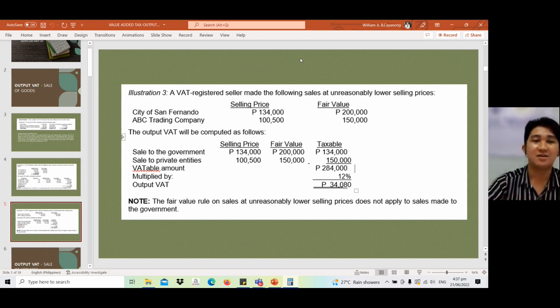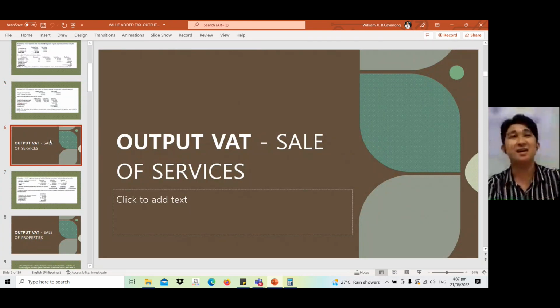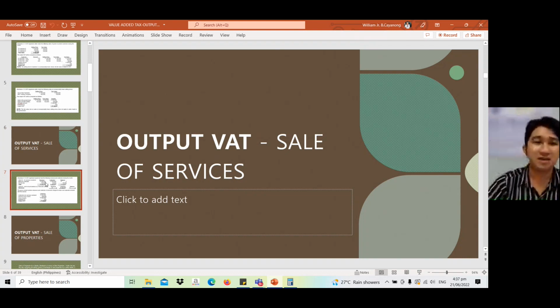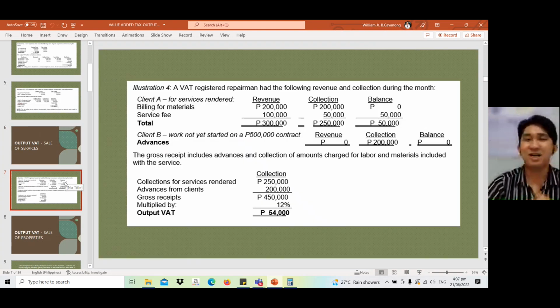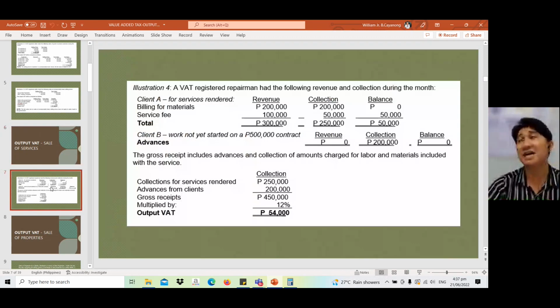So let's proceed now to the output VAT based on sale of services. Here, magkaiba po sila ng perspective kanina kasi we are selling goods. Here, we are providing services. And actually, they're also subject to VAT. Okay, so 12% pa din, pero kanina kasi 12% VAT based on the gross selling price regardless kung nakolekta na ba natin yan or not. Basta yung sales, total sales. Here, sale of services. Tingnan natin if same lang ba sila ng